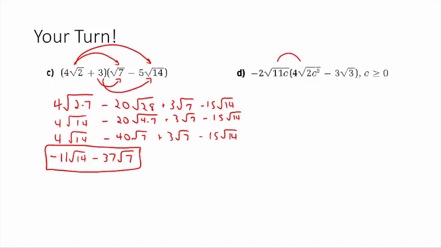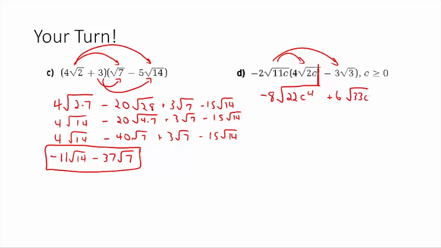Okay, and with D now we just expand through like we did previously. This time we have a variable, but that's not a big deal. All we do is we multiply the numbers together as usual, which is negative 2 times 4. Underneath the radical, we have 11 times 2 is 22. C times c cubed is c to the power of 4. And we'll subtract from that. Negative 2 times negative 3 is a positive 6. And then root 11c times root 3